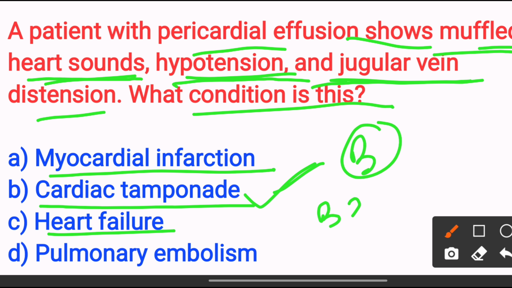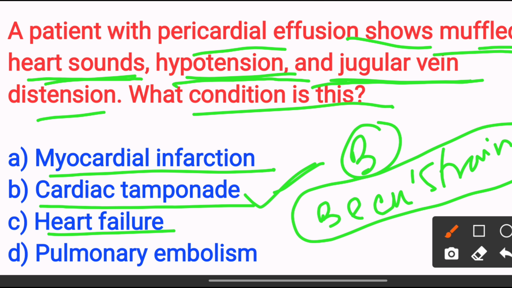It's known as Beck's triad. In Beck's triad, muffled heart sound is showing, JVD, jugular vein distension, is showing and also hypotension. So the answer is option B, cardiac tamponade. Next,